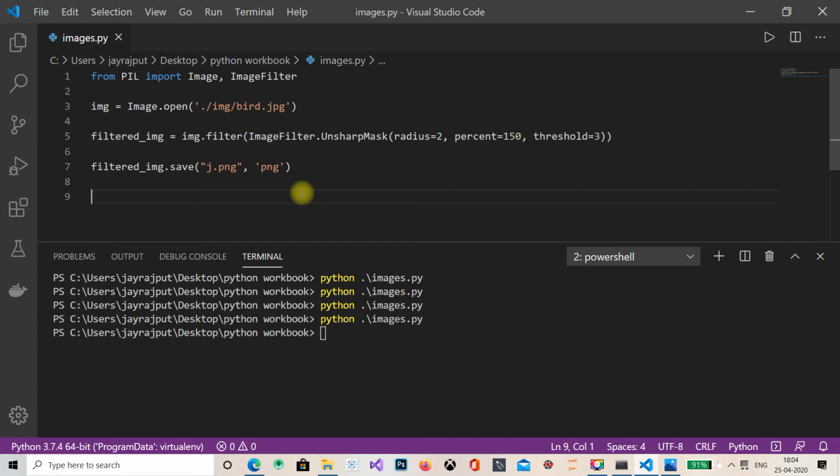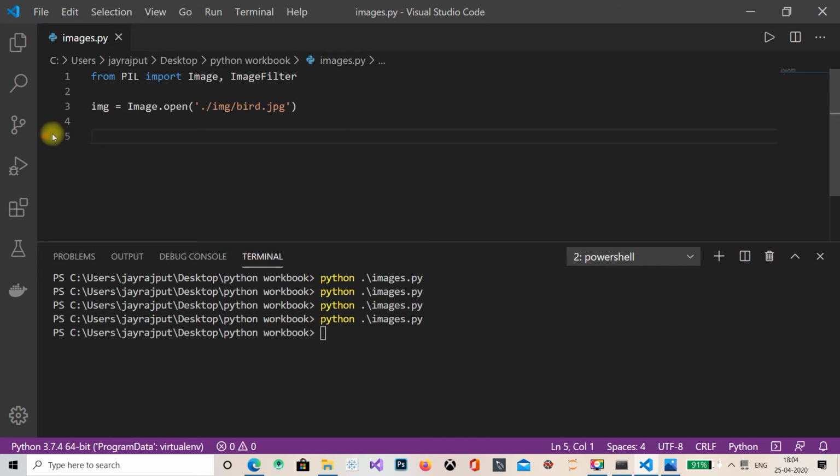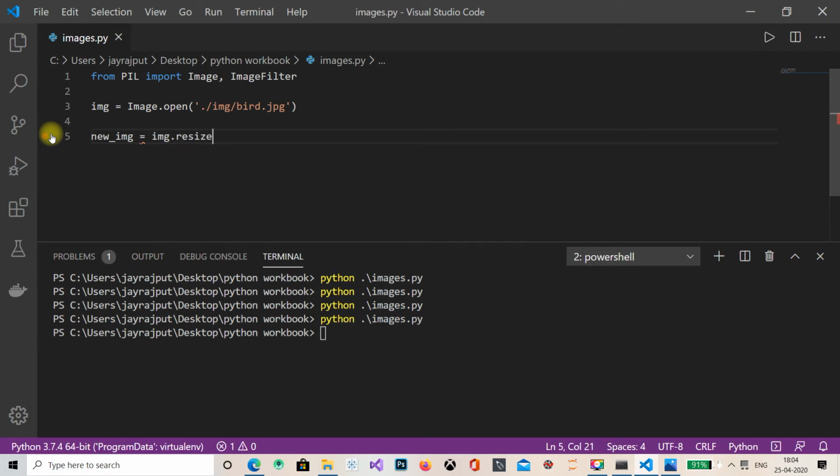Now, if I change the size of an image, I'll show you one thing, which is I want to resize this image. Then what I will do is simply take new image is equal to image dot resize, and I will put 400, 200, Control S, and I hope it works, because I'm not sure this will work.